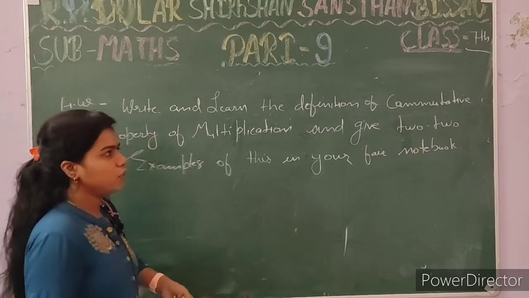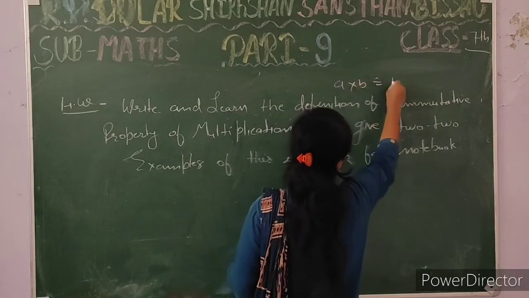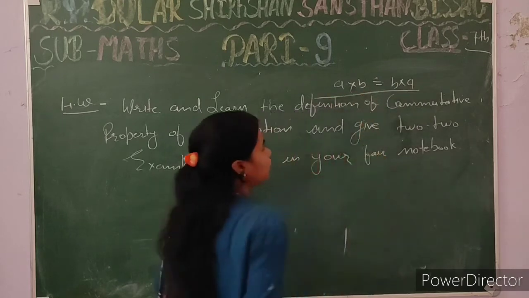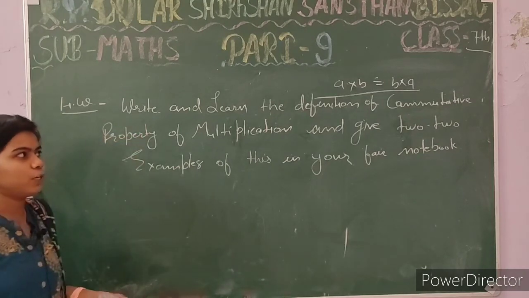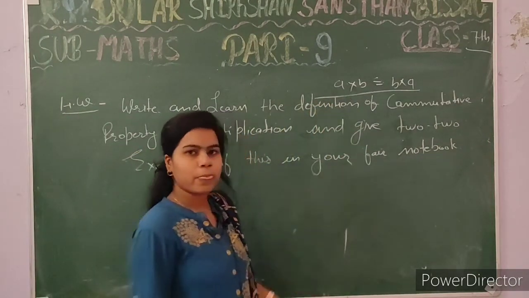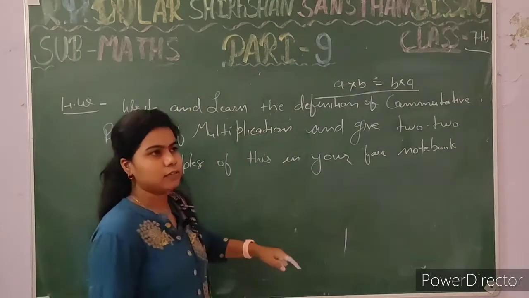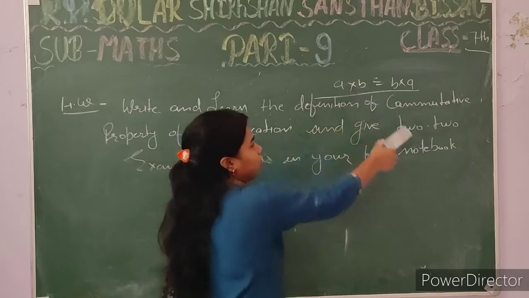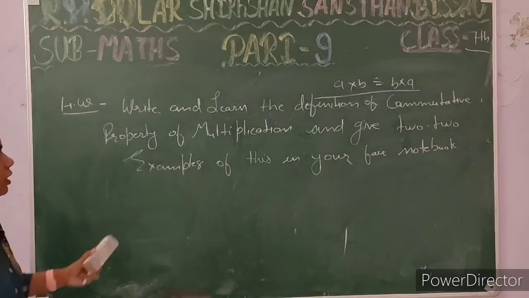Definition means what is the commutative property. You can say that A multiplied by B and B multiplied by A are equal. Okay, this is the definition in maths. In maths we can write here the definition, write the heading of commutative property and write this way. Okay students, so don't be confused here. This is your today's homework, commutative property, and you can write it as: let A and B be integers. In your book also the commutative property is written. Okay, this is your today's homework.